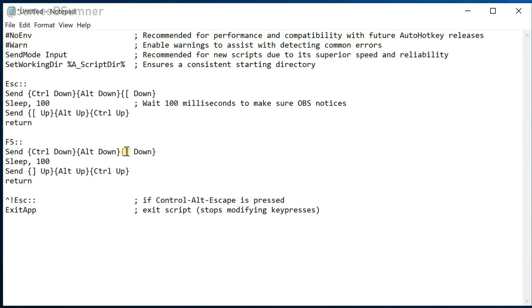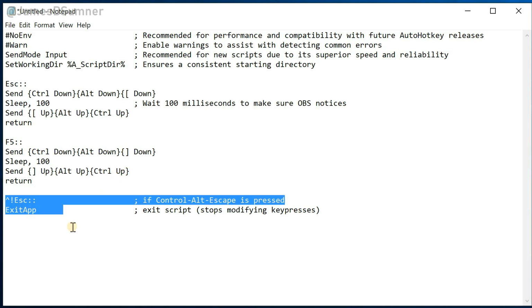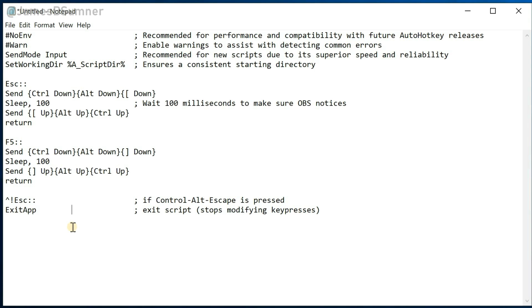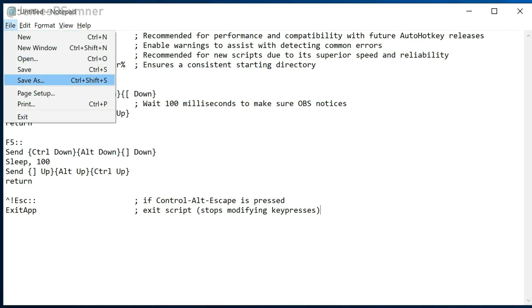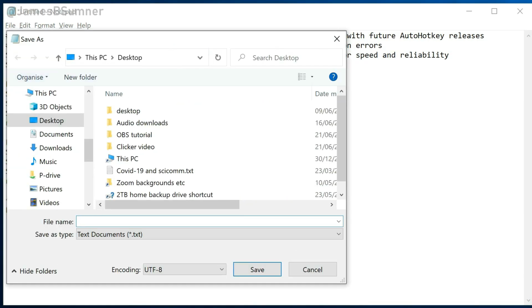I can't use them in any software as long as I'm running this thing, so just in case I need to get them back in a hurry, I have this bit at the end, which says if I press Control Alt Escape, then the AutoHotKey script will shut down and it will stop messing about with the keyboard altogether. And if you don't fancy typing all that out, I'll put a link to it in the description for this video. So I need to save this with a file name ending in .ahk